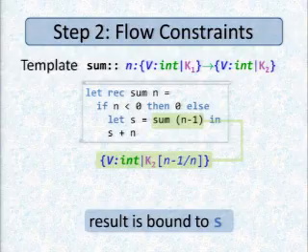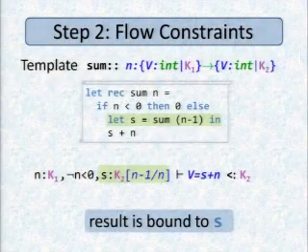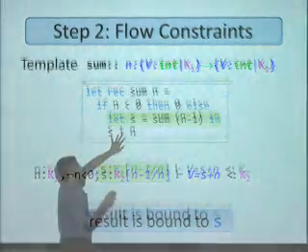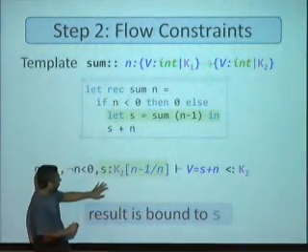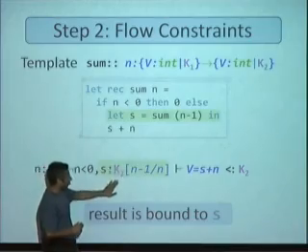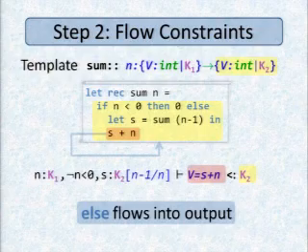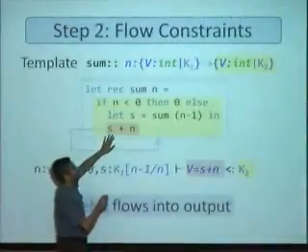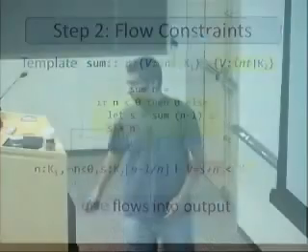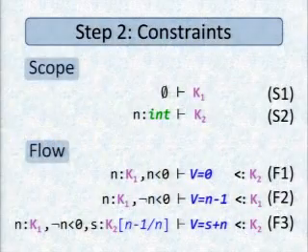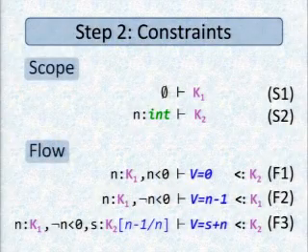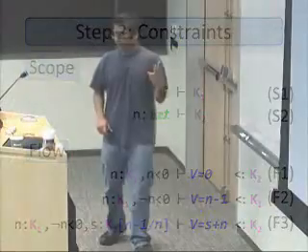It's stored inside S. And so now we're going to evaluate this expression, the value of the whole else expression, S plus n, in an environment where S is known to have the type K2 with n substituted with n minus 1. In this environment, the value S plus n is a subtype of the output, K2. This whole else expression flows into the output. Okay, so far so good. So three value flow constraints, two scoping constraints. These are all the constraints for this function.